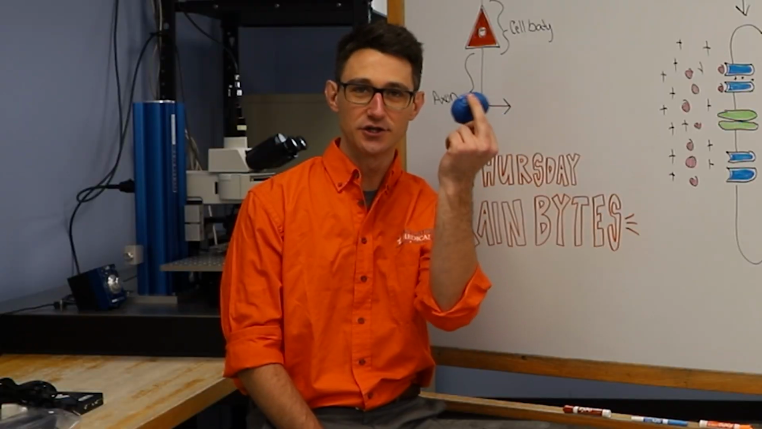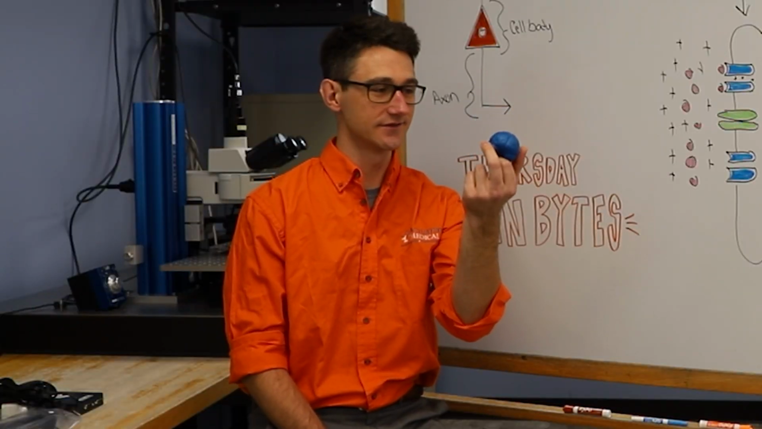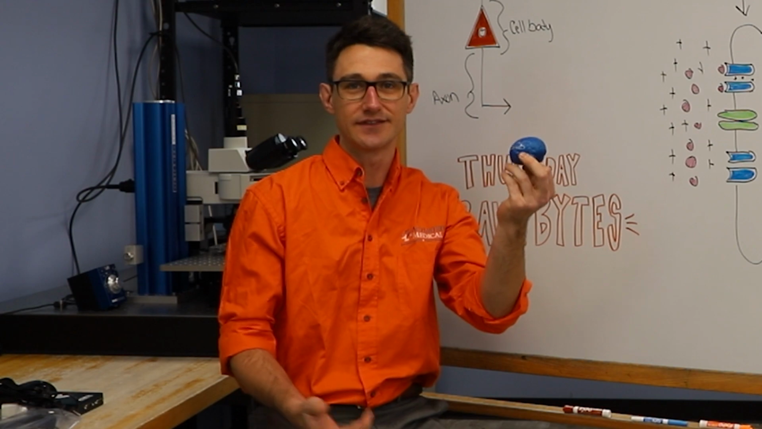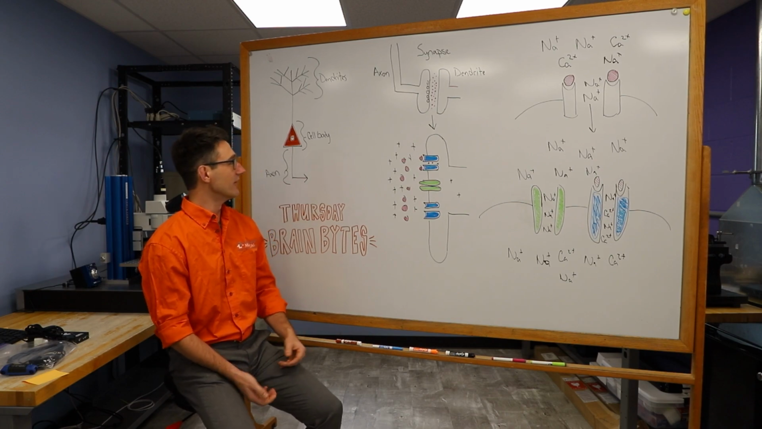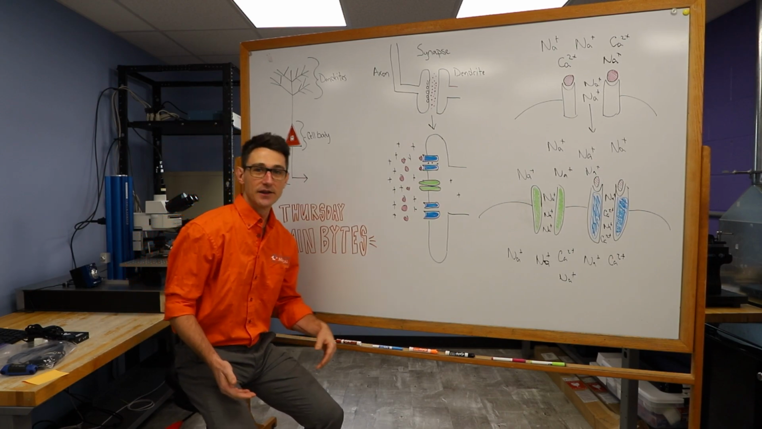So this is your brain. Well, this isn't your brain. This is a blue stuffed model of your brain, but they don't let me have brains on camera, so this is going to work. The brain itself is made of many different cell types, but the one we'll focus on